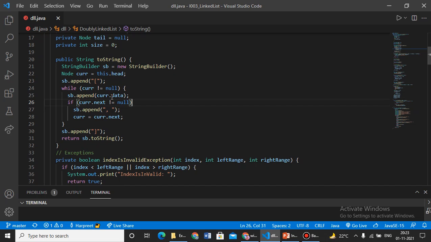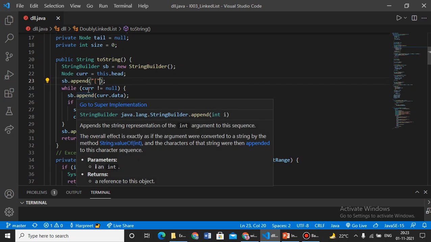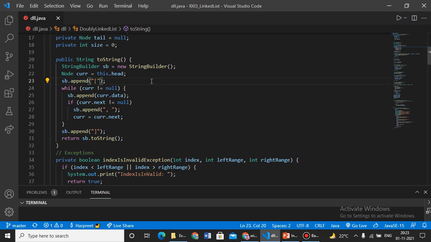This is not a convention to write, this is not a compulsion to write, but it is a good practice to write it. What we are doing here is we are having a string builder, and I am having a current node starting at the head. I am appending the square parenthesis in the string builder. Then, while this current is not equal to null, I will be traversing basically till the last of the linked